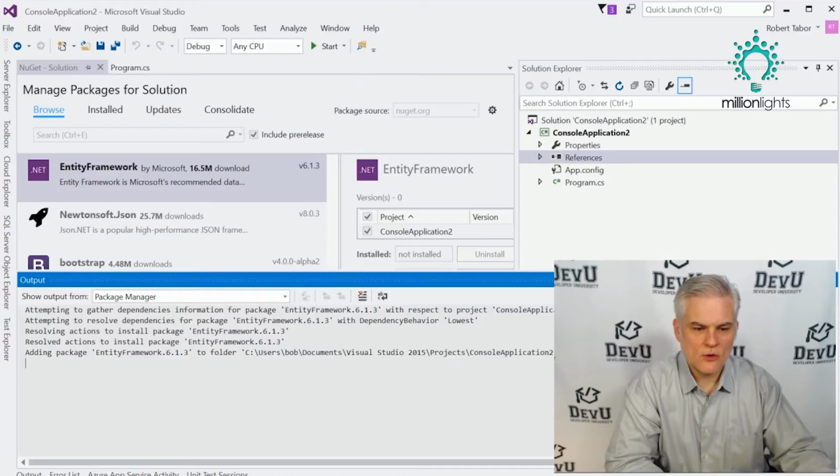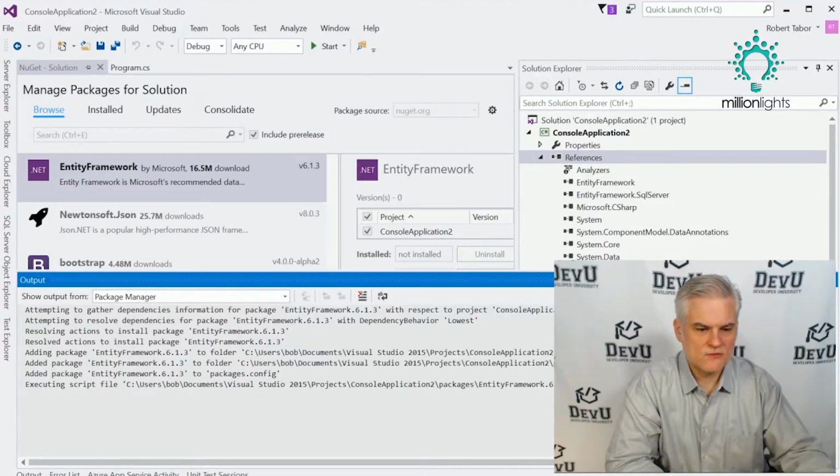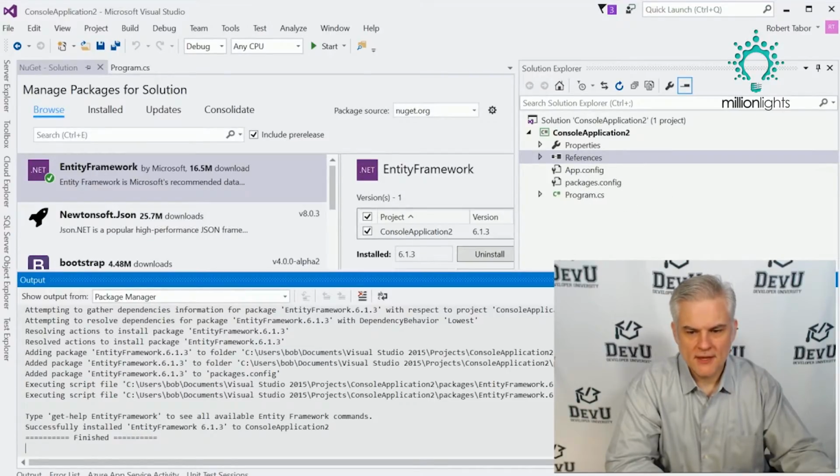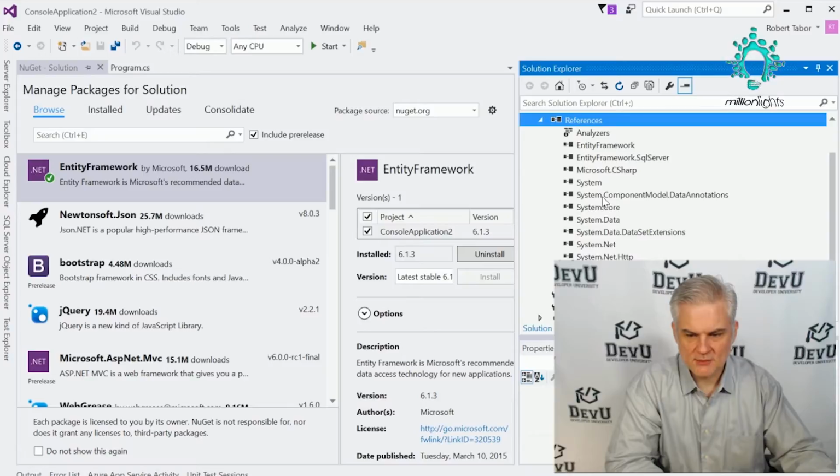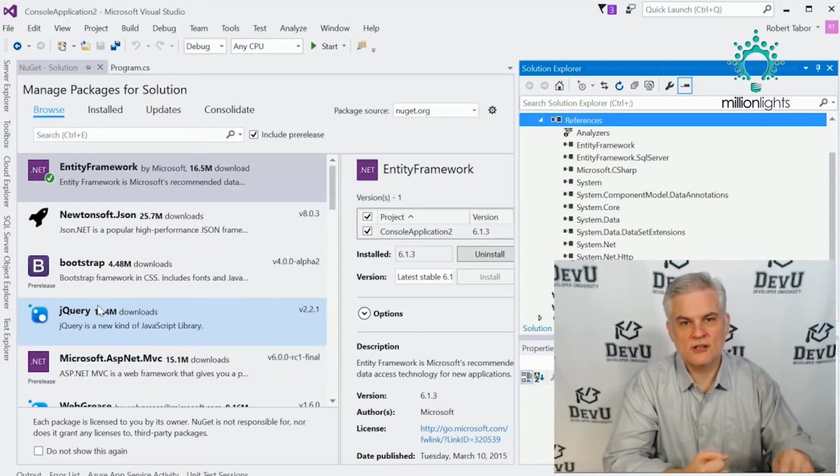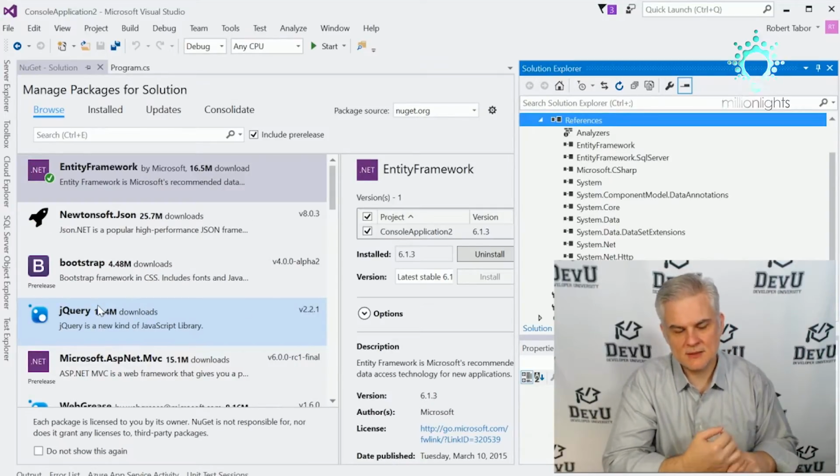I'm going to go ahead and click OK. I agree to the terms for using the Entity Framework. And in this particular case, it installed just a number of references to assemblies and copied them down locally to my computer. Now, depending on the type of package, it could not only contain .NET assemblies, but also sample source